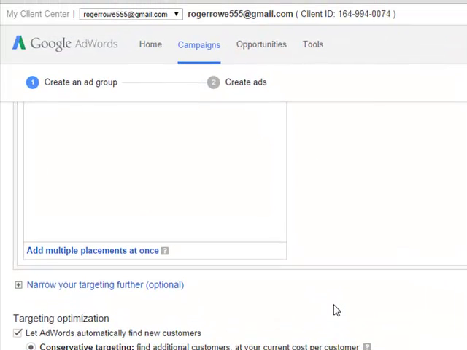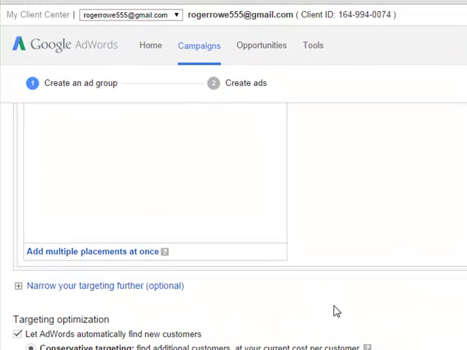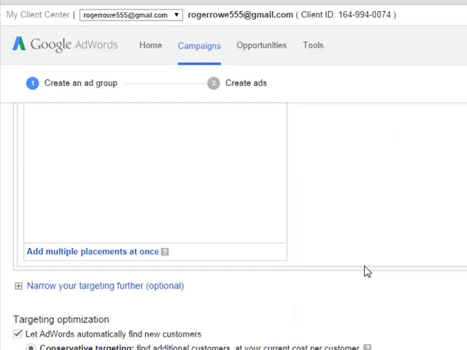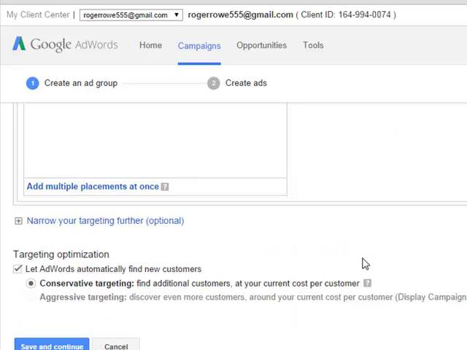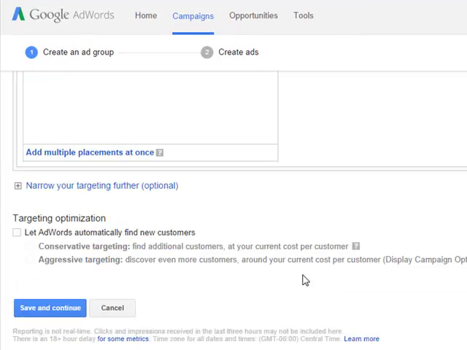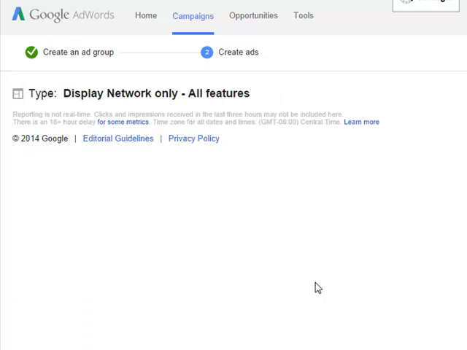Now I got this idea, I wish I could say I got it alone, but I didn't. I got it from a friend of mine named Sean Schellenbarger, who has a great retargeting plugin that just came out called Retargeting Wiz, and he's the one that turned me on to this particular thing that I'm showing you right now. So thanks to Sean for that. We're going to go ahead and uncheck that. We don't want to allow AdWords to find new customers because they always tend to find the most expensive customers. So we're just going to click save and continue,